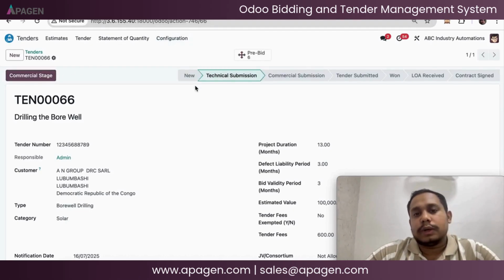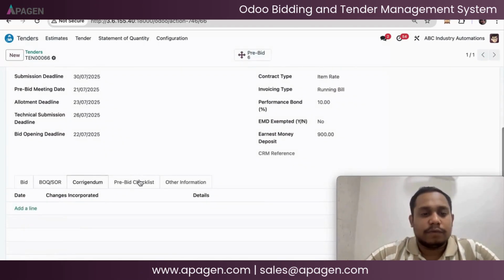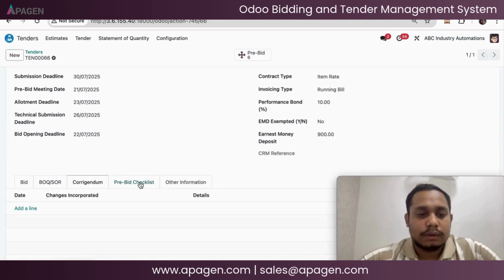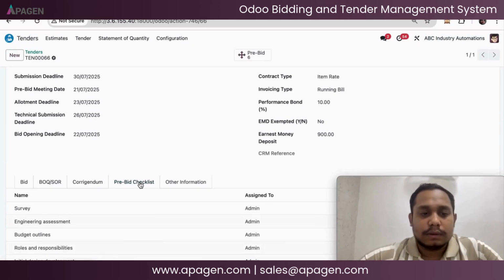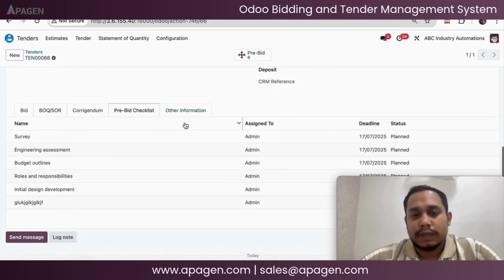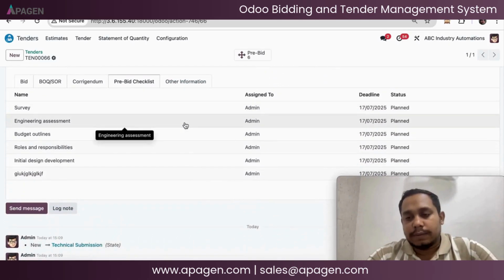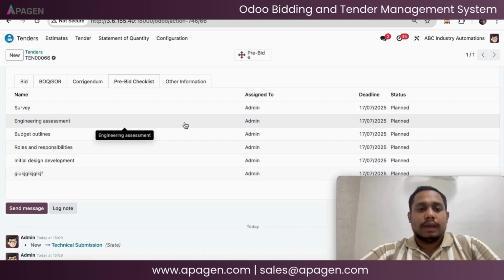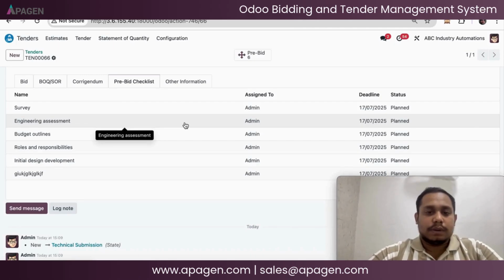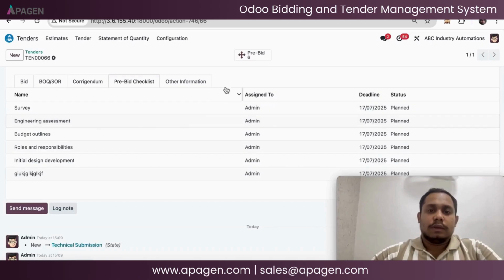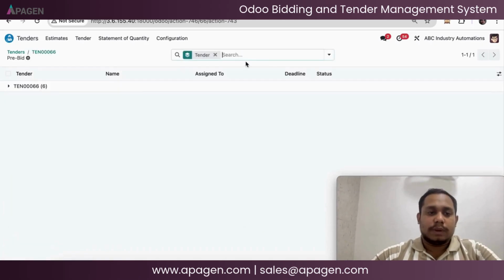Then you can see a shortcut appears for pre-bid, and this pre-bid we have to fill here. Before that, nothing is coming here until I move to the next stage. This is also configurable at your end, and you can configure it per your business. Okay. In order to fill this, you just need to click on pre-bid,